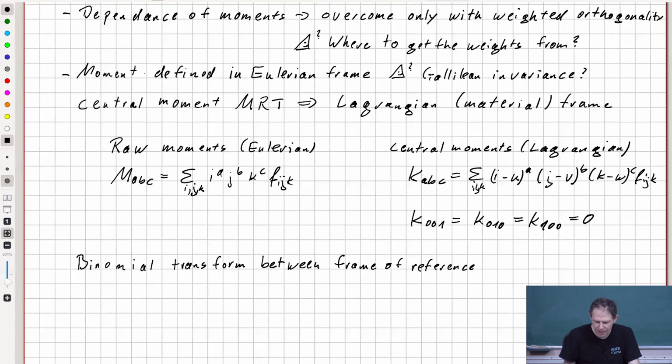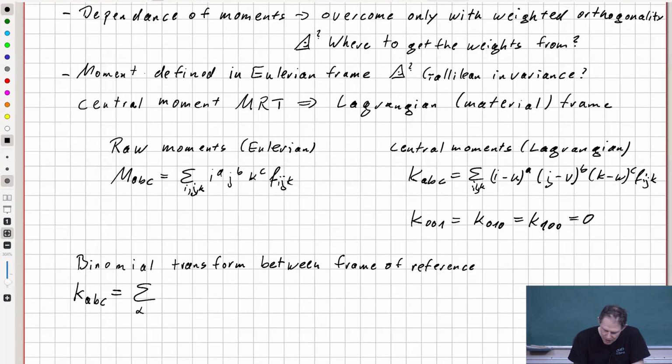So you can do a transformation between different frames of reference. For example, this is a transformation from one frame of reference to another frame of reference. It is not required that one of them is central; they are just two different frames. But we are now assuming that we calculate the central moments from the raw moments, and this is done